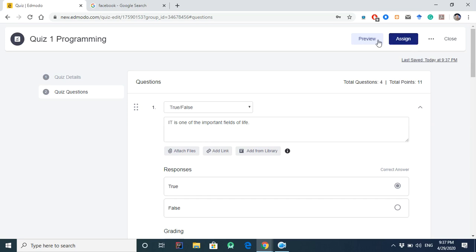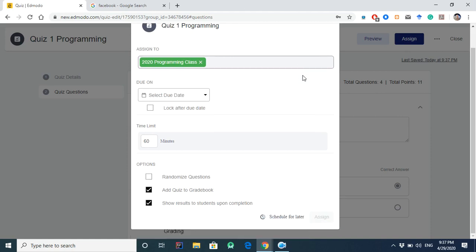If you want to just preview, you can see how it looks for students, but later we'll check this on the side of the students. Now let us just click on assign. Great. Now it will tell you it will be assigned to this class because we created this quiz inside the class. Then you will decide what time